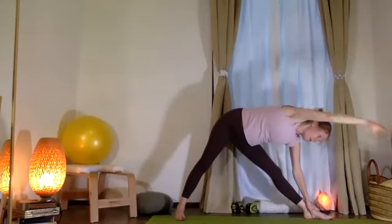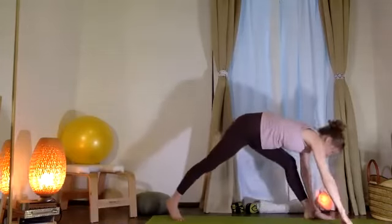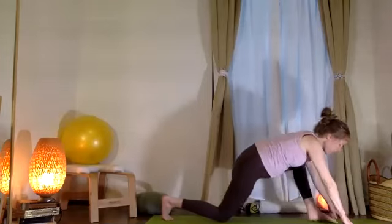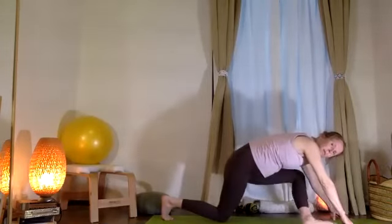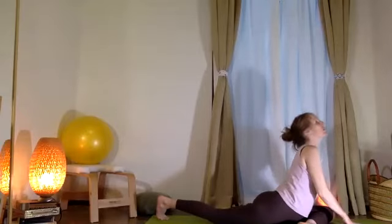Good. And then from here, inhale, taking that arm back down. This time we're going to just follow that leg. Come down. This time, your foot, walk it. That front foot's going to walk across your body. And we're going to come down and take a little